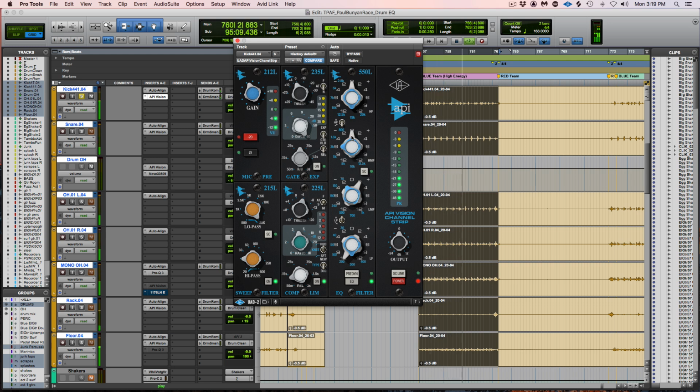Back down and back up. So it just brings out this sort of presence and attack that I really like. And in the context of the whole kit, it's going to really help it cut. So